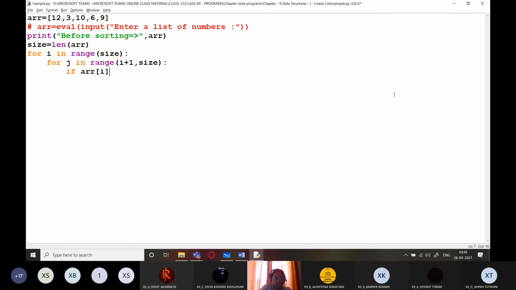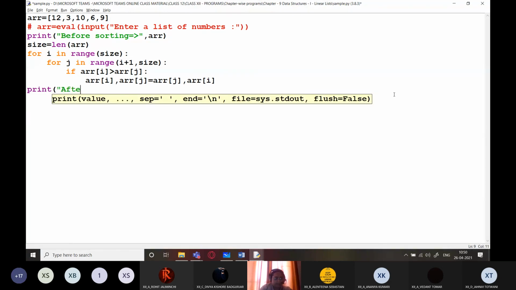If ARR I is greater than ARR j, then swap them. ARR I, right? Now print after sorting.